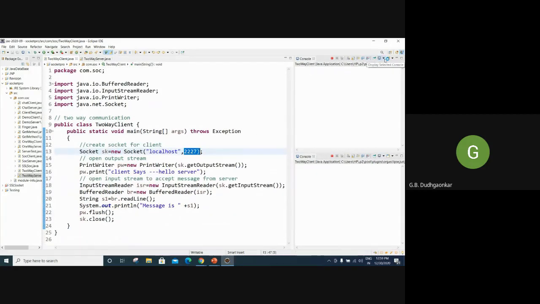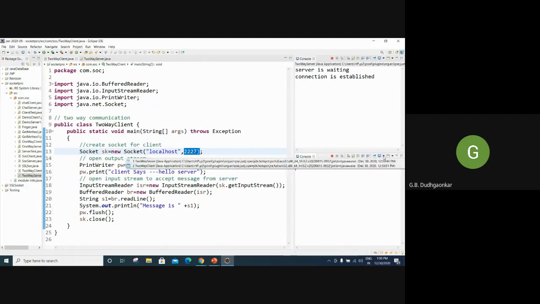Now we will open the respective console so that we will get the output. So the connection is established.